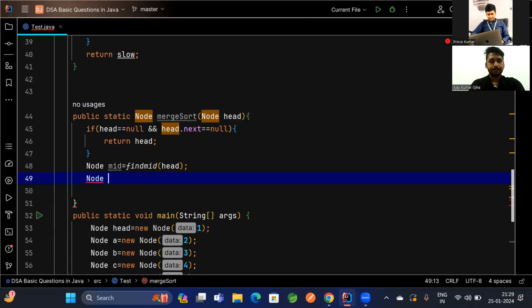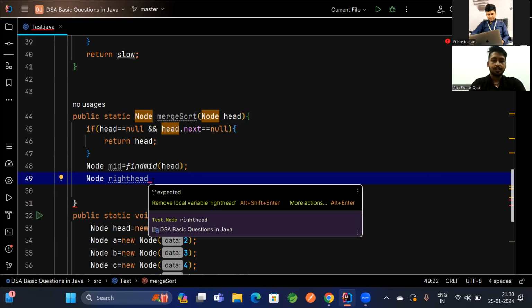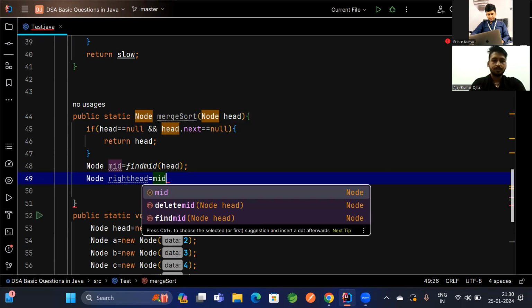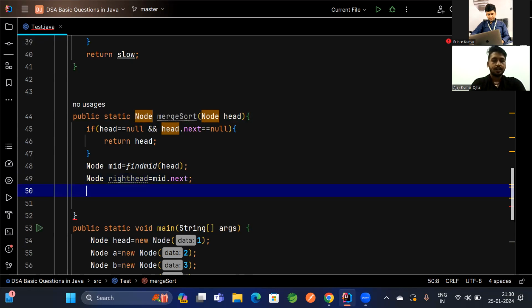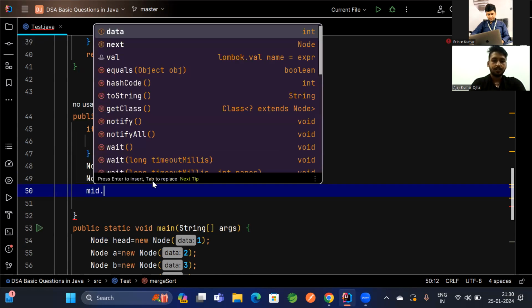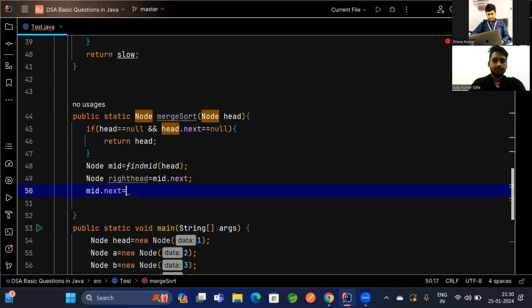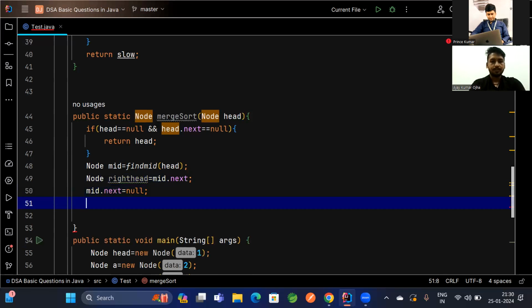So we can store the next of the middle element. Okay, so this is my type, head. Head is equal to mid's next, and again my mid dot next is equal to null. Okay, once I've done this,